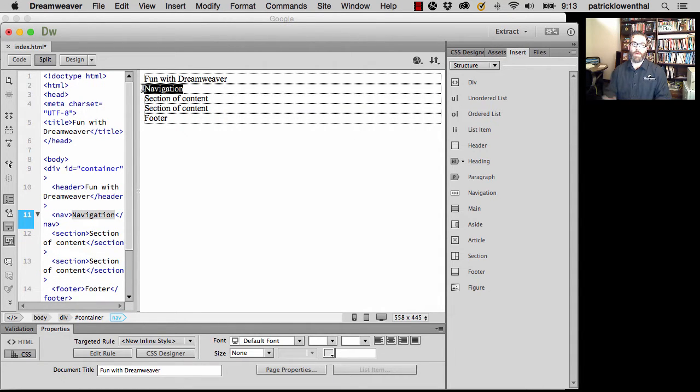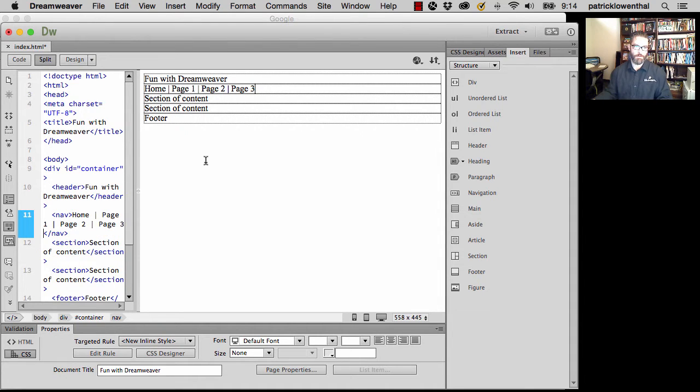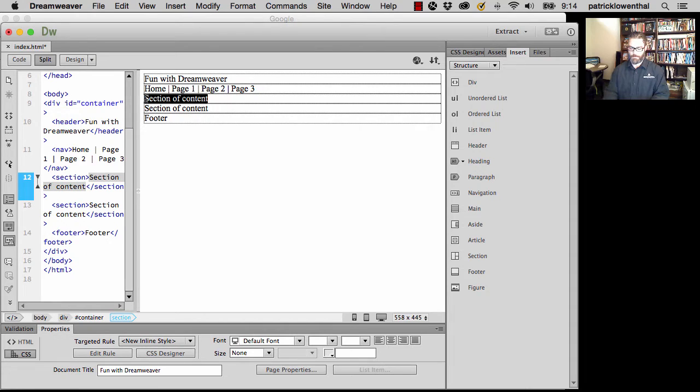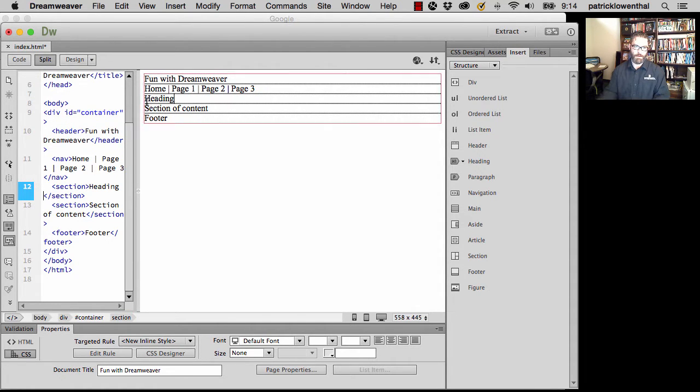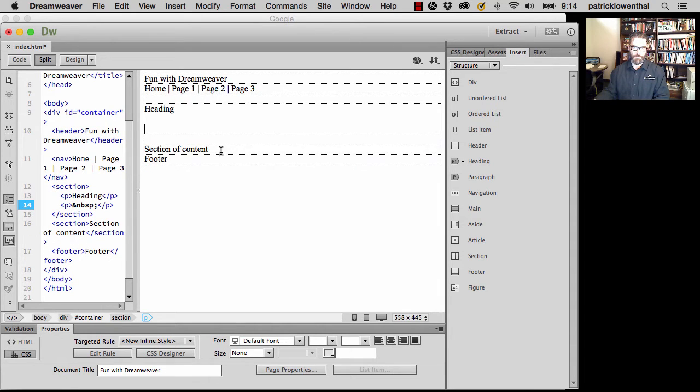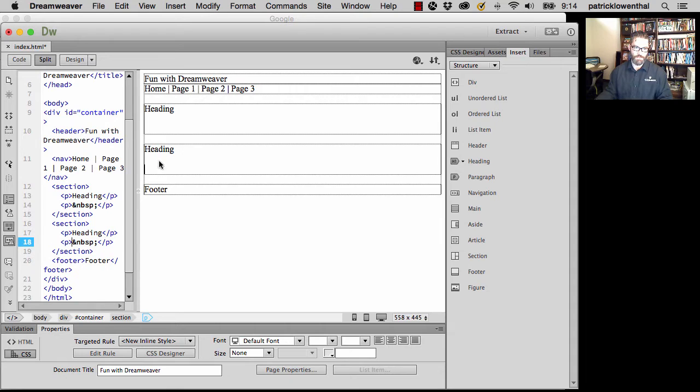I'm going to go ahead and put in some sample navigation. So for instance, I'm going to have a home. I'm going to do a space line, page 1, page 2, page 3. And type heading, make a space, heading. When I say make a space, it's essentially, if we look at it, just adding a